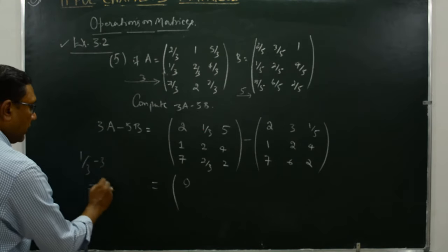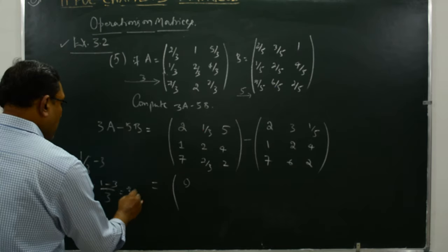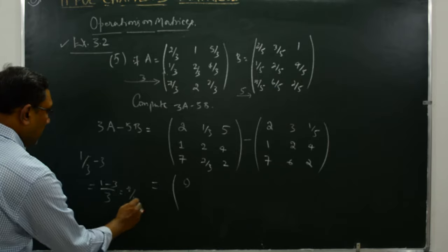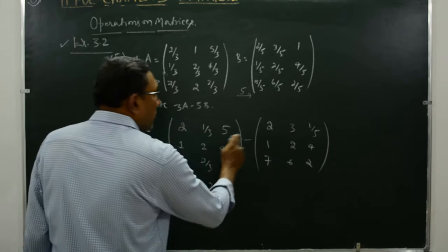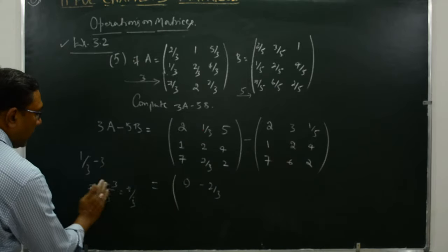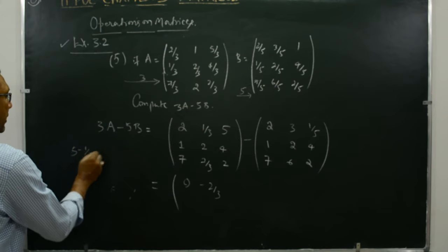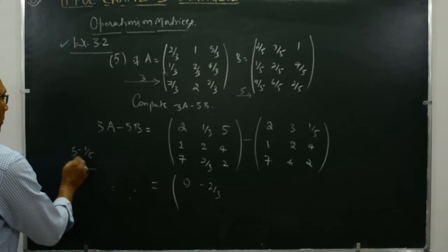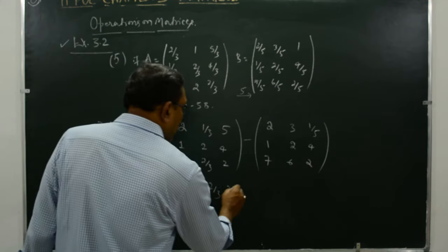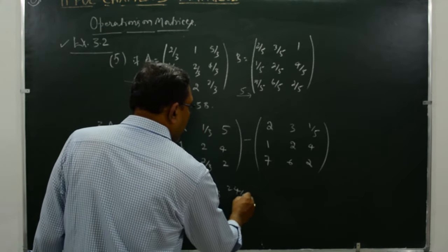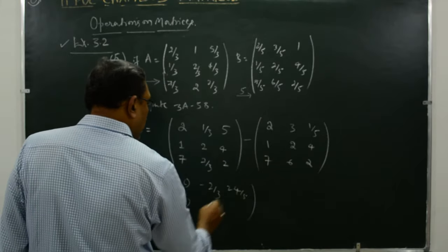So it is 1 minus 3 which is minus 2 by 3, minus 2 by 3, minus 2 by 3, 5 minus 1 by 5, similarly 5 minus 1 by 5, 5 is the LCM, 5 fives are 25 minus 1 which is 24 by 5, 24 by 5, and 1 minus 1 is 0, 2 minus 2 is 0,